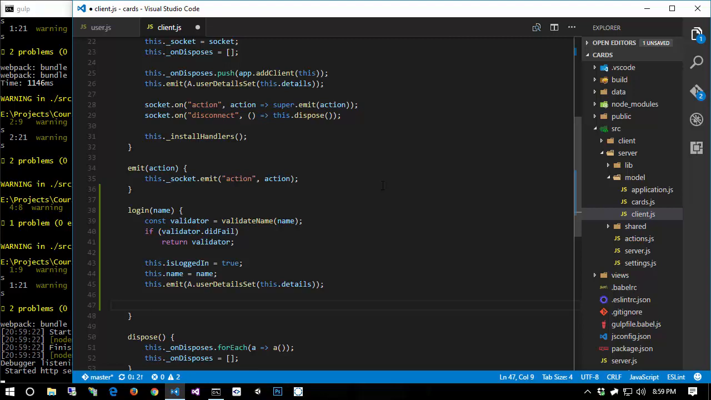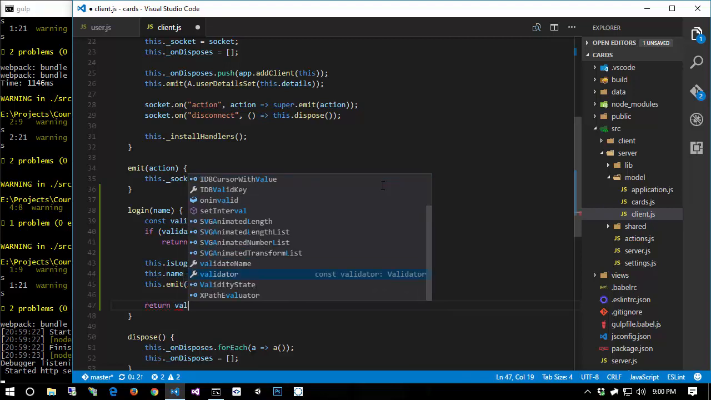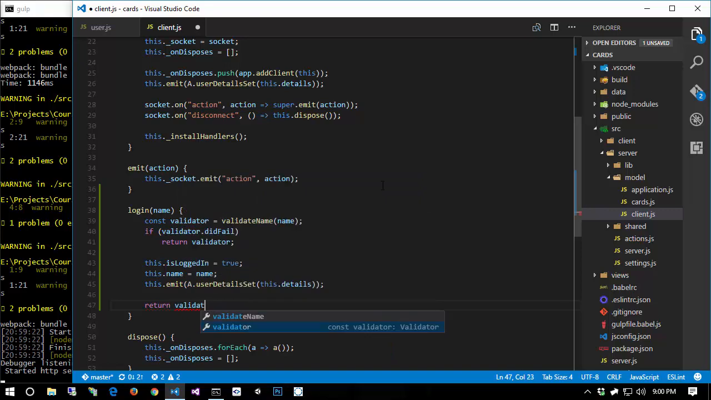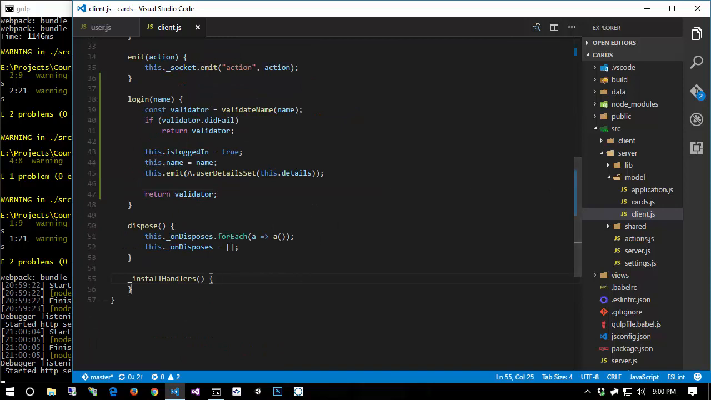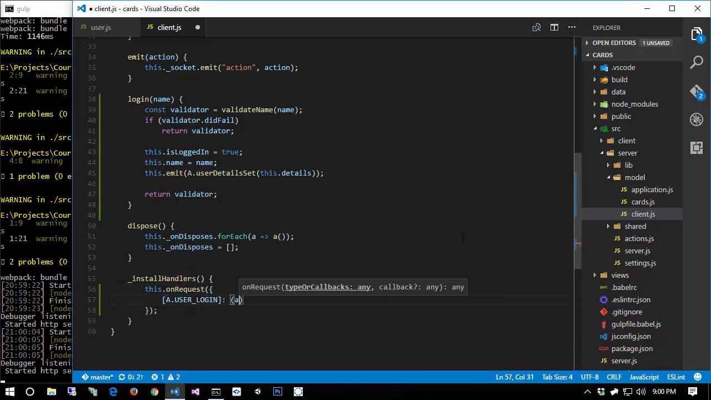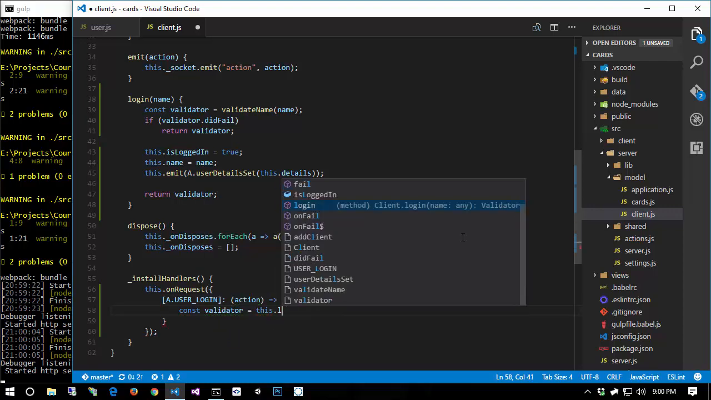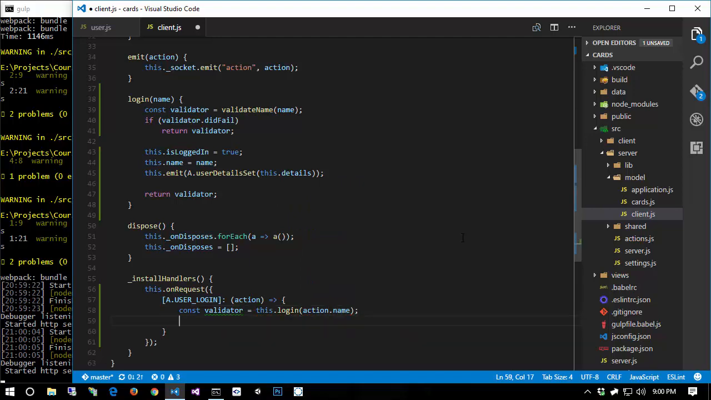Actually, no, I won't worry about that right now. There's a couple more lines of code that I want to put in this method, but we won't deal with that yet. Now, inside of install handlers, what I want to do is handle the login. So I'm simply going to say this.onRequest, and I'm going to pass in an object that will have a user login action. And for this, I'm simply going to say const validator equals this login action.name, followed by this